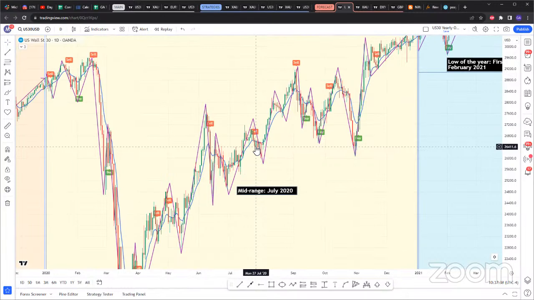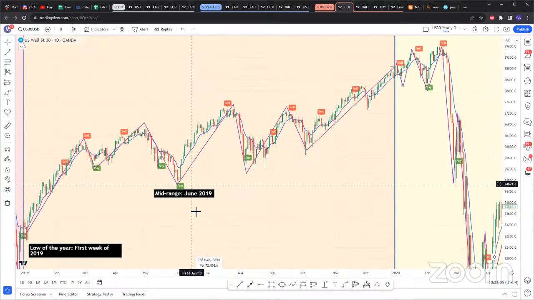And after that, when US 30 recovers and gives a buy, so for example, you can see here for 2020, the threshold was Friday, 24th July. That's when you would have sold, but US 30 only dropped from 26,400 for about 500 pips. So it didn't drop the average 1,000 to 1,500 pips it would have in other years, but 2020 is an anomaly. But the other years, like let's do this last one, June 2019.